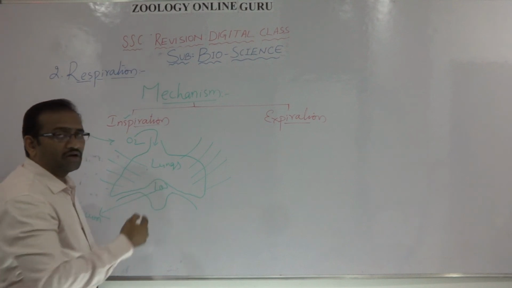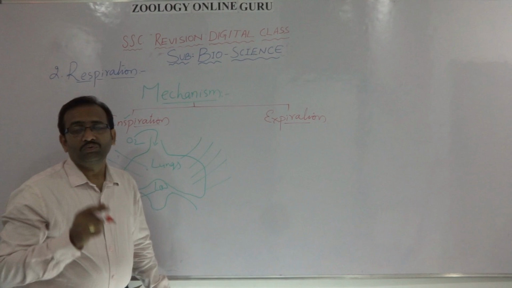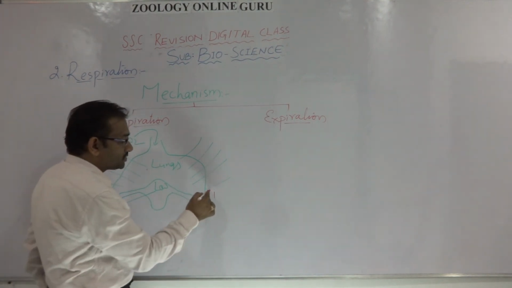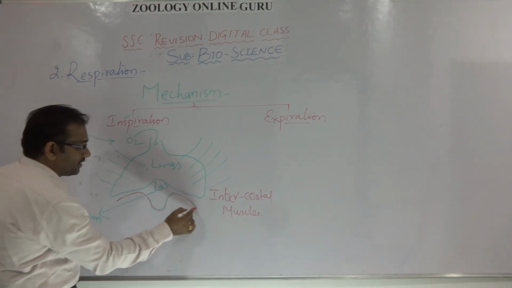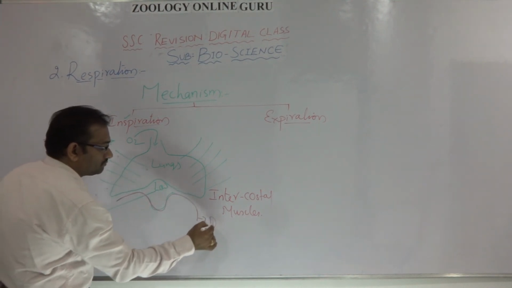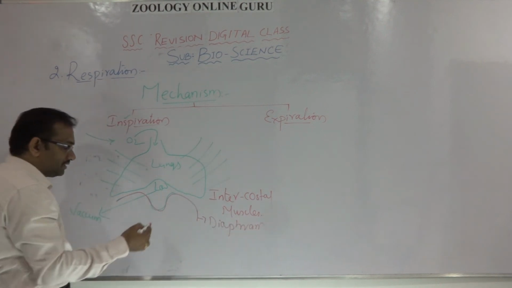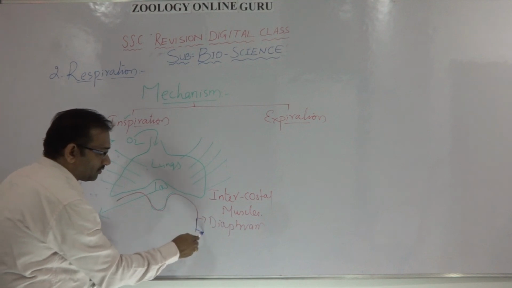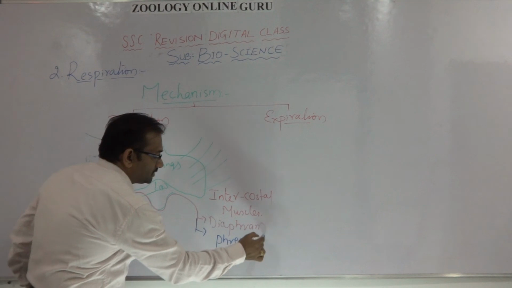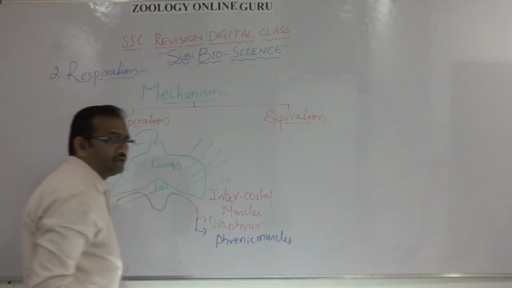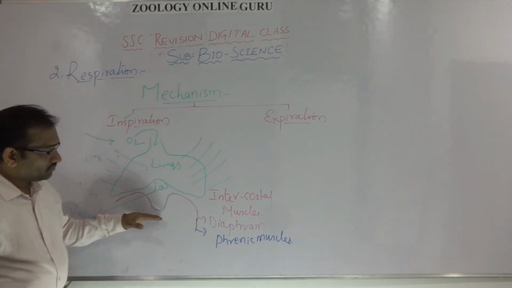These are the ribs. Ribs protect the lungs and the muscles attached to the ribs are called intercostal muscles. Muscles are also attached to the diaphragm. This is the diaphragm. And the muscles related to the diaphragm are called phrenic muscles. The intercostal muscles are